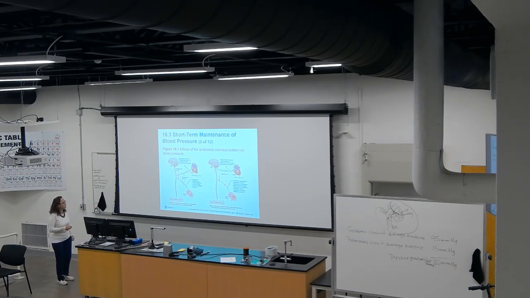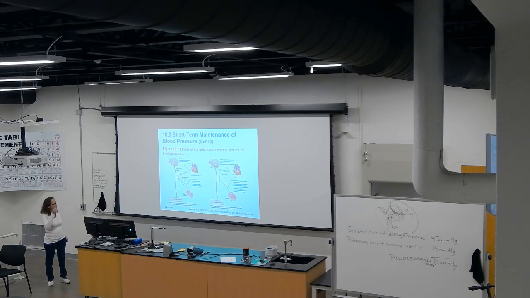So if your blood pressure is high, in this case this panel on the left, you will have these receptors in the baroreceptors sending a signal into the cardiovascular center through the glossopharyngeal nerve. And this will lead to,